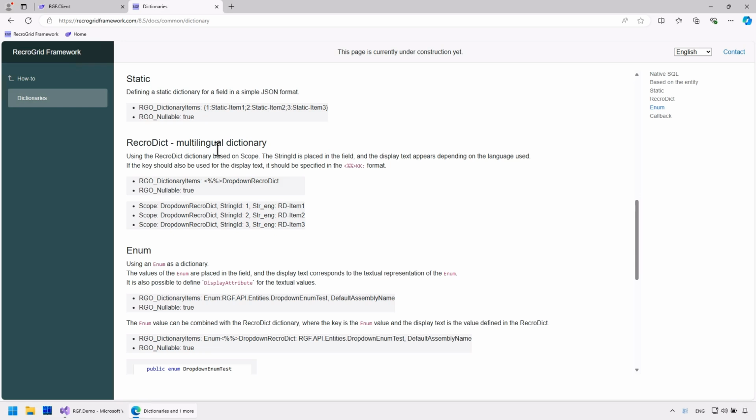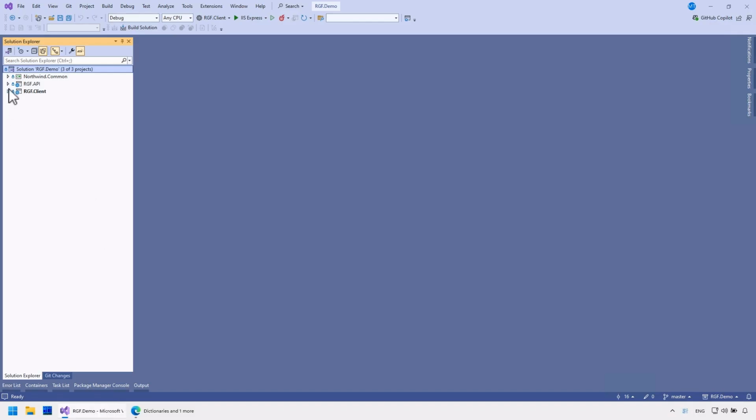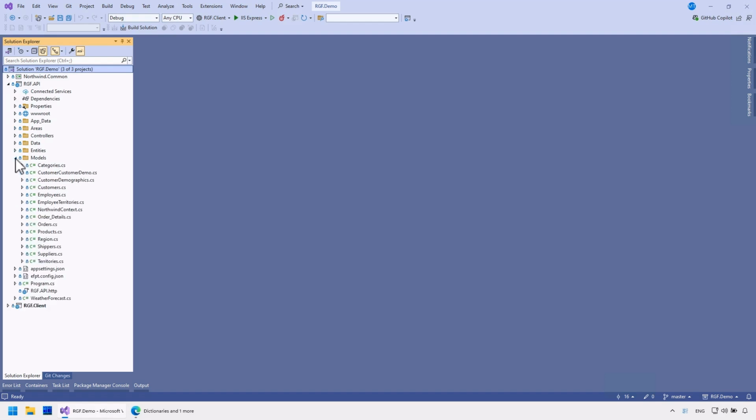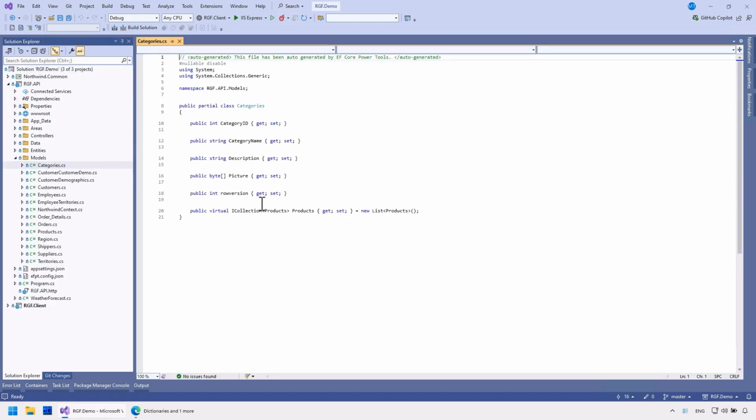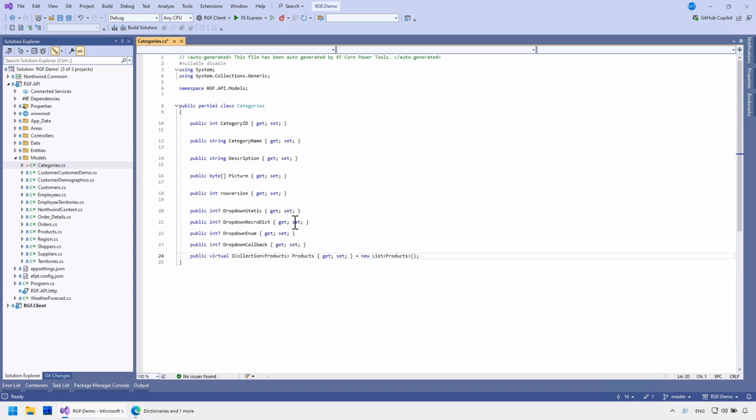Next, we'll explore how to create dictionaries not defined in the current database tables. For the example, I'll create 4 new columns in the category table that we will use for these dictionaries. These will be simple int values, which are not required.